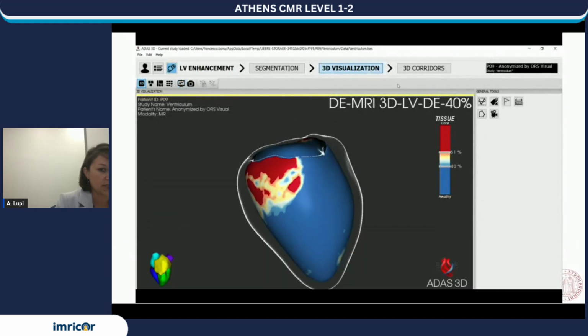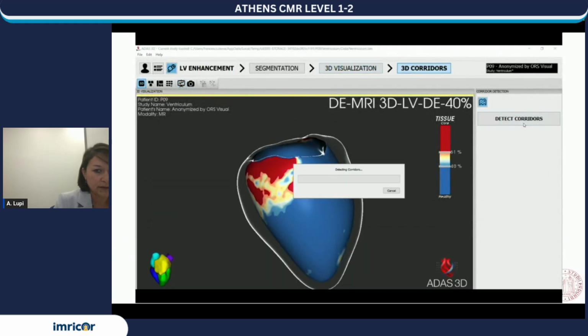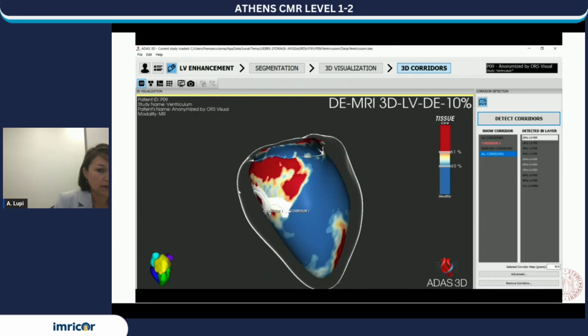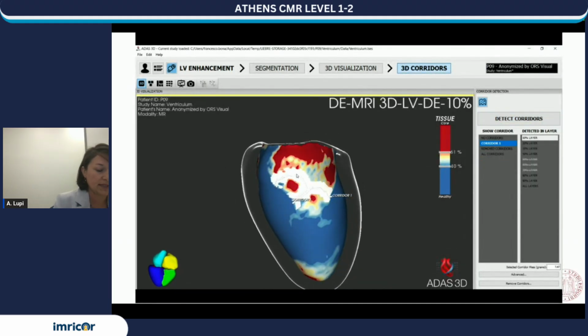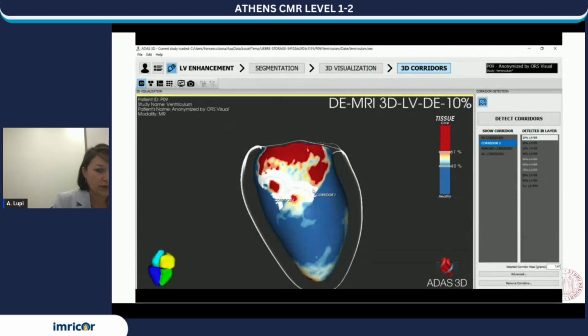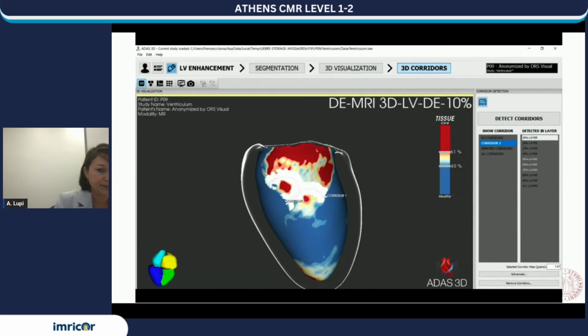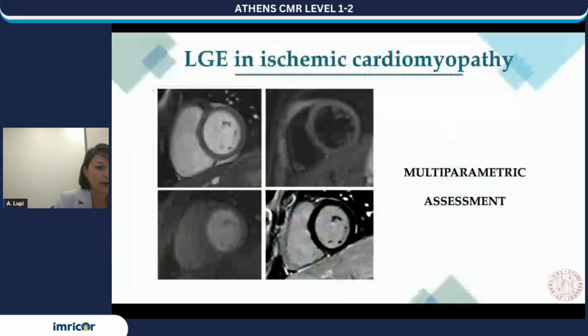I'll show you just the ventricle tool, but it is available also for atrium, and it is able to interact with other software used in electrophysiology labs. And that's it. So, going on,